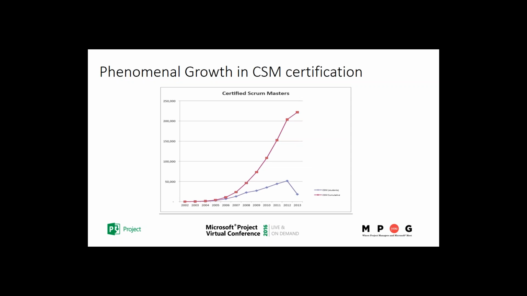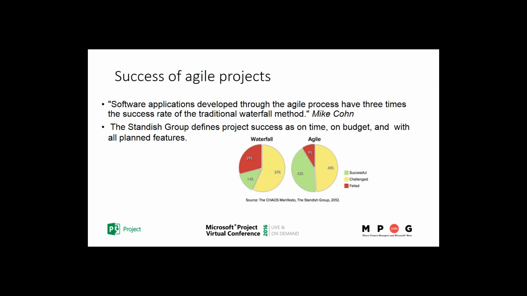I like this graph from the Scrum Alliance. It really speaks to the growing popularity of Scrum and the certifications. Notice the exponential growth over the past 5 years on that graph. It's just amazing how many people have joined the Scrum revolution per se and are being certified as Scrum Masters and other certifications that they now have at the Scrum Alliance.